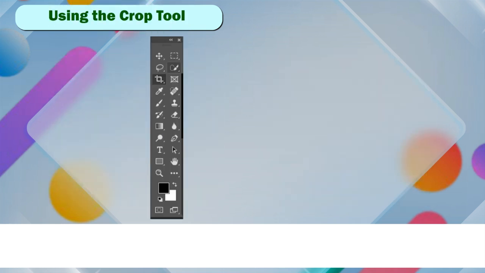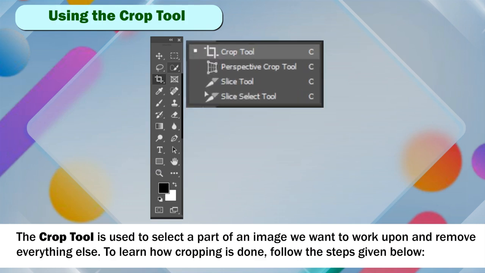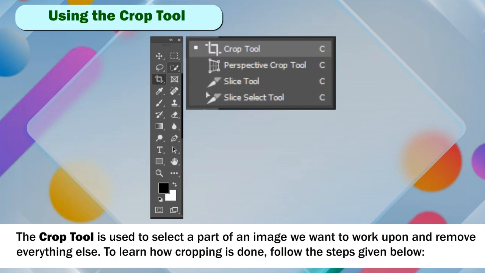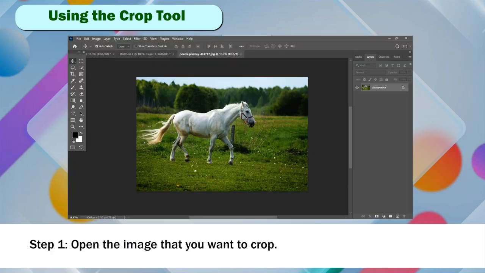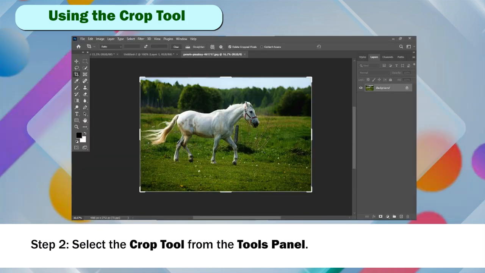Using the Crop tool. The Crop tool is used to select a part of an image we want to work upon and remove everything else. To learn how cropping is done, follow the steps given below. Step 1. Open the image that you want to crop. Step 2. Select the Crop tool from the Tools panel.